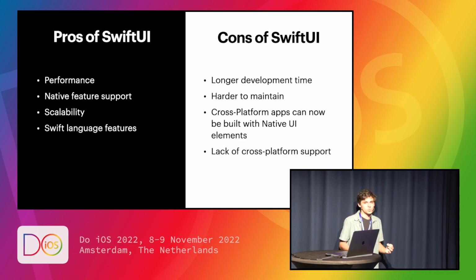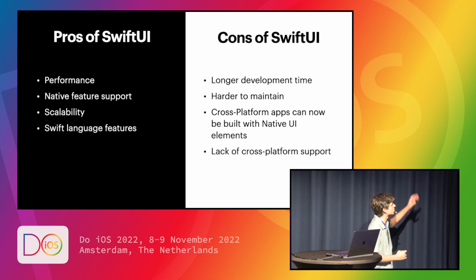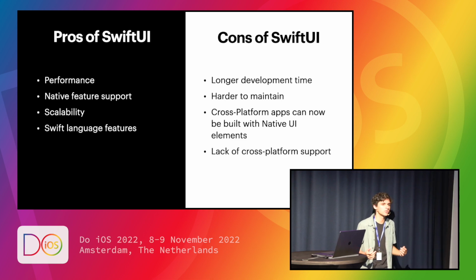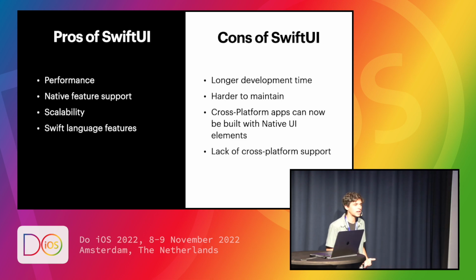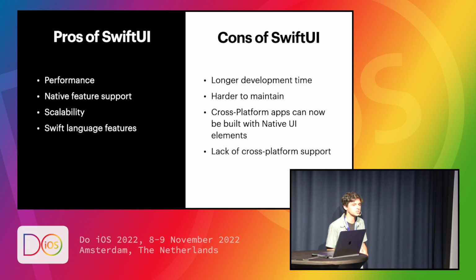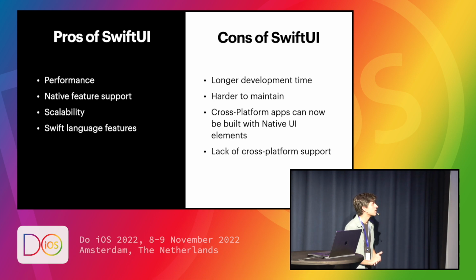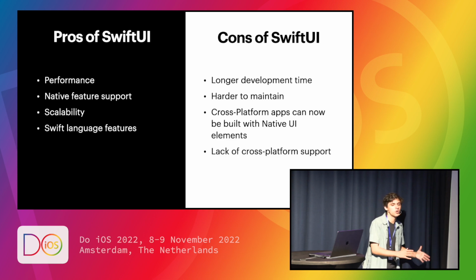Now, who really wins this war? Looking at UI specifically, SwiftUI has a lot to offer, and what we have here are performance, native feature support, scalability, and the language features that come with Swift, which are enabled on SwiftUI right away. Whereas when you're looking at the other cross-platform options, you run into longer development times with SwiftUI, whereas the other development platforms allow you to push to all sorts of different operating systems and devices with one click, and that really helps. It is harder to maintain when you're dealing with each different device and operating system on its own.